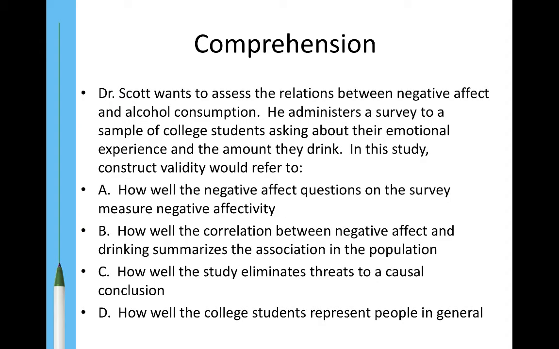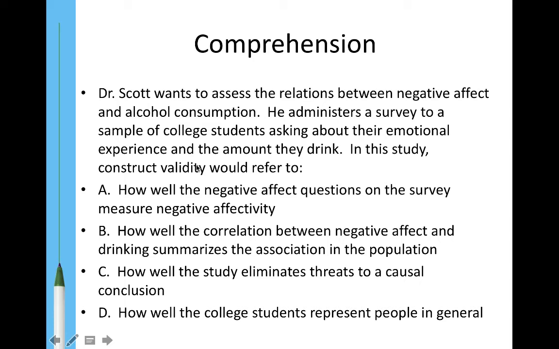Okay, so we talked about a bunch of different kinds of things. So we talked about construct, statistical, internal, external validity. All right. So here's your comprehension question. Dr. Scott wants to assess the relations between negative affect and alcohol consumption. He administers a survey to a sample of college students asking about their emotional experience and the amount they drink. In this study, construct validity would refer to,